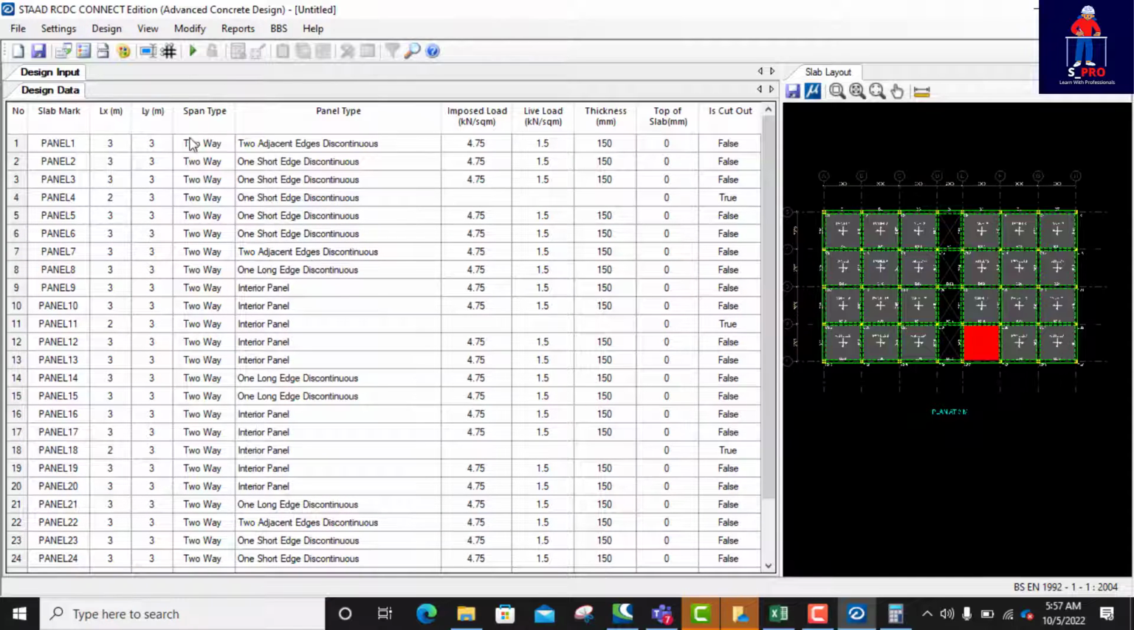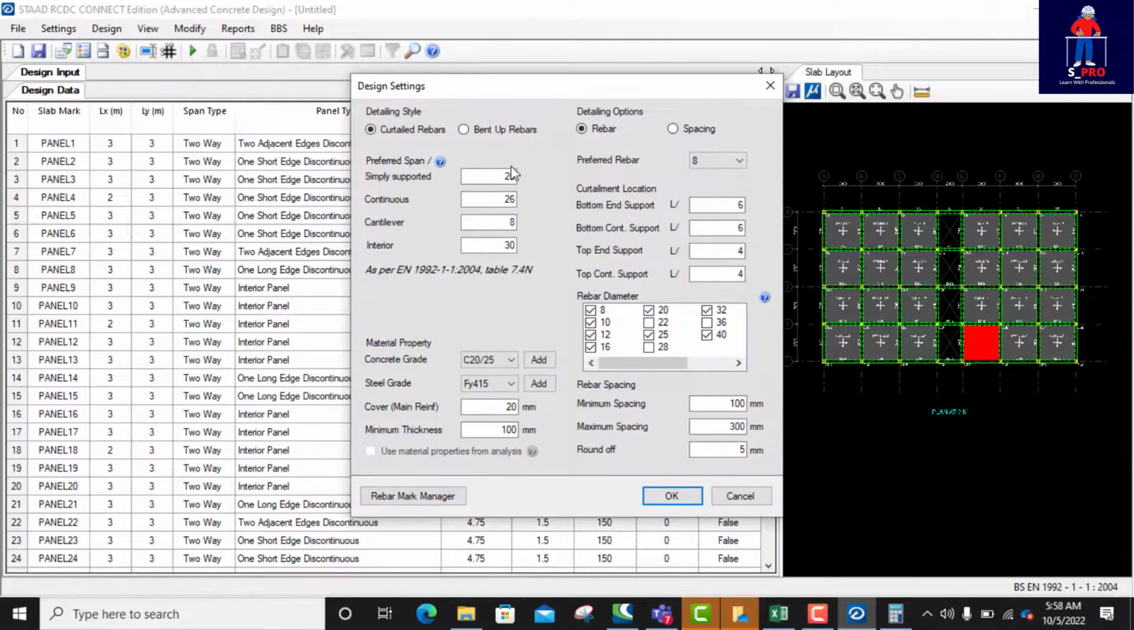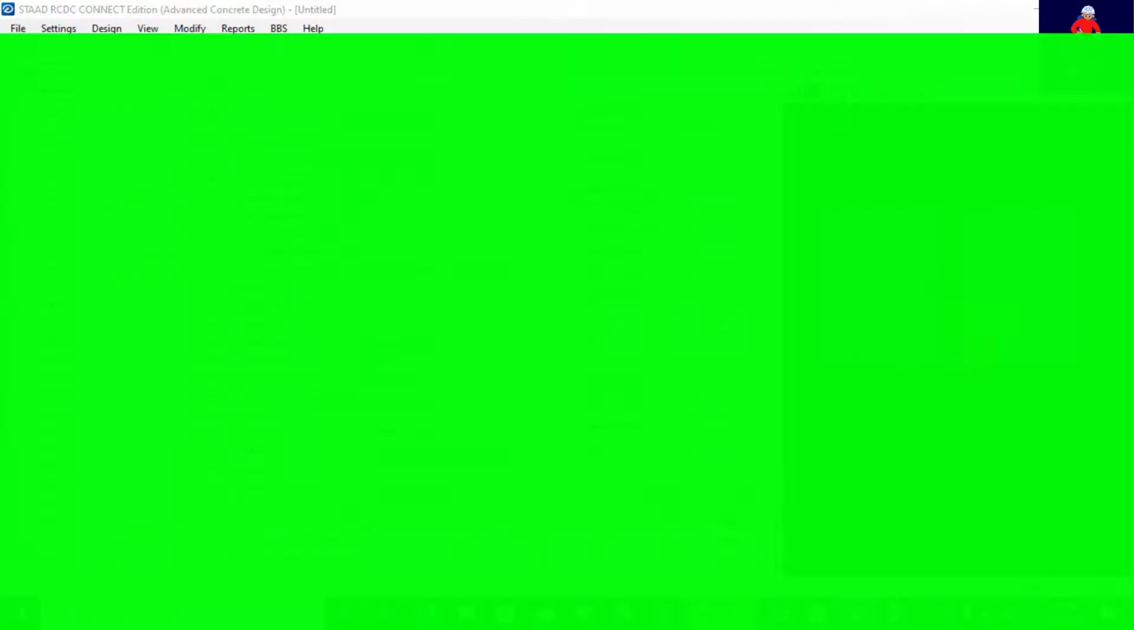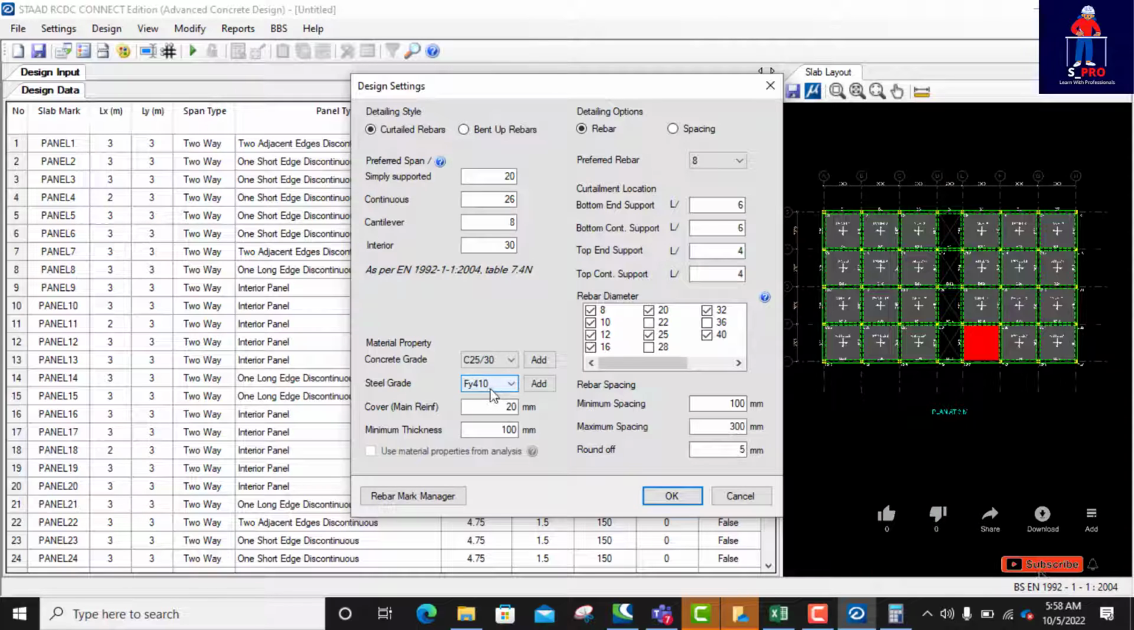Yes, so the next thing we do is click on settings and I'll check our design parameters. For deflection check, continuous 26, cantilever 8. I'll leave these ones. Then concrete grade, I'll change this to 25. Steel grade 410. Steel grade for Eurocode is actually 500. But